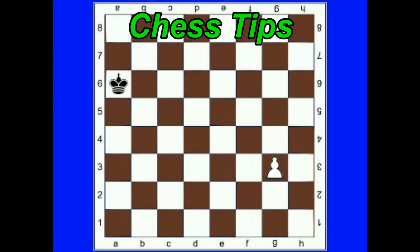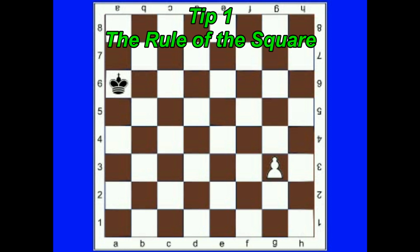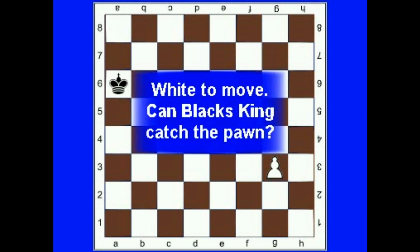Chess tips. This section contains several chess tips that are very useful when playing chess. Let's start with the rule of the square. Here first is a question for you. If it is white to move, can black's king catch white's pawn before it promotes or immediately take it if